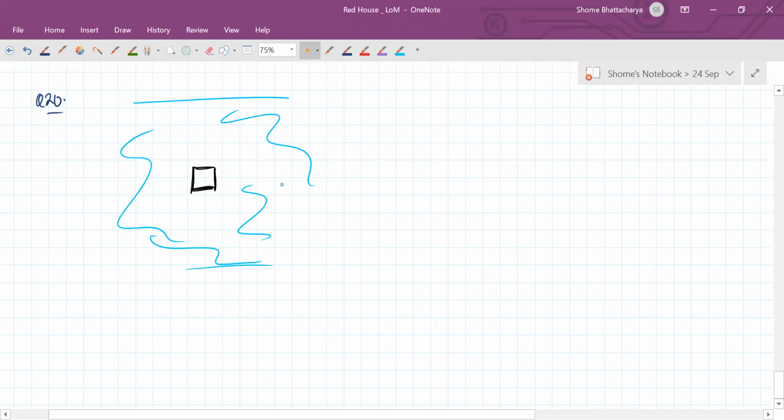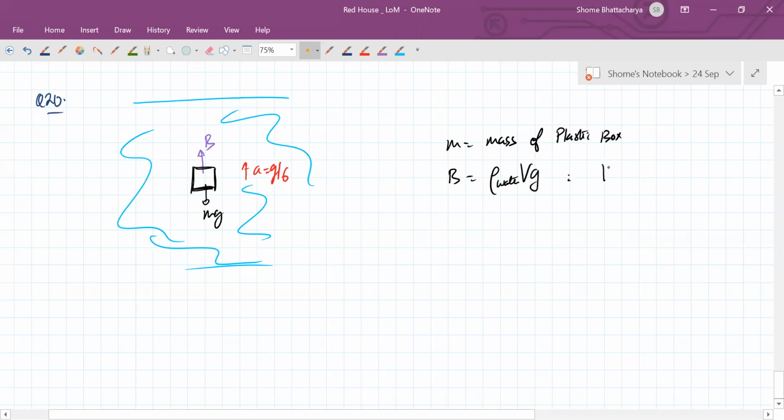As a result of that, it's accelerating upwards at g by 6. Now when it's underwater like this, the forces acting on it are buoyant force and its own weight, mg. So here m is the mass of the plastic box. Whereas buoyant force is density of water into volume into g, where v is the volume of the box,